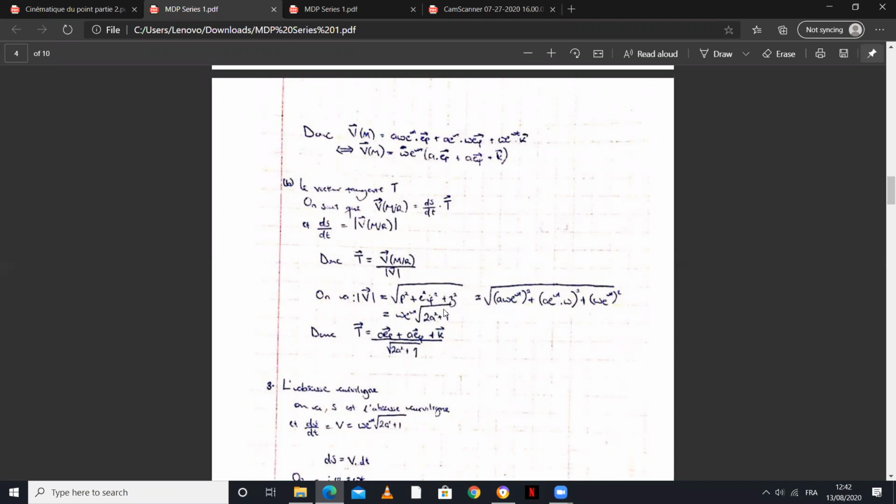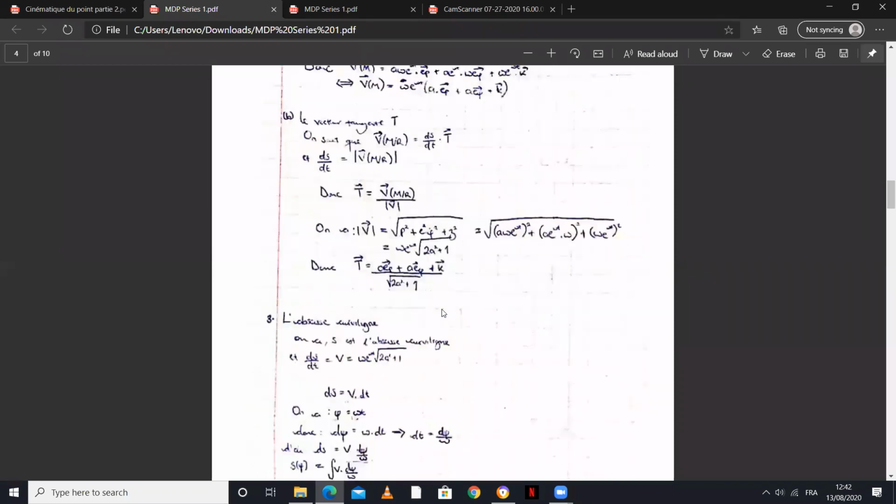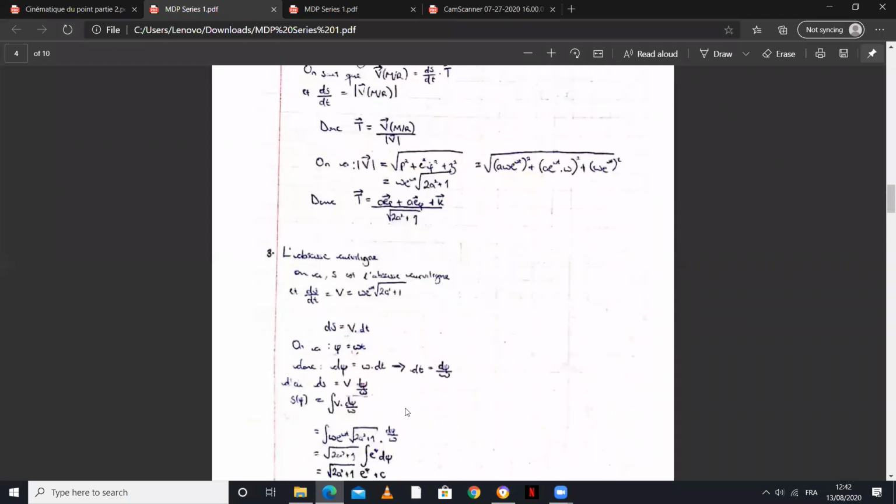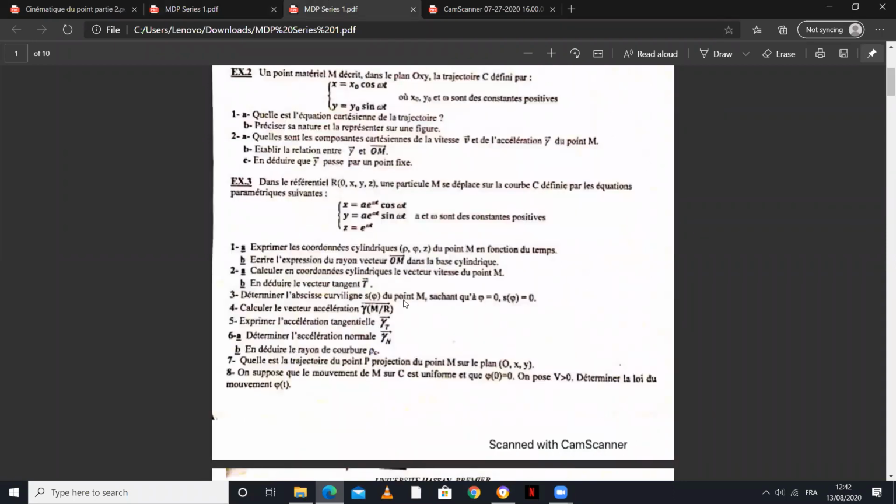Changement de variable. You'll be doing it a lot, especially in analyse. So we have phi equal to omega t. Can you just repeat what you were saying about changing the variable? Okay, so when you look at the question, they are saying déterminer l'abscisse curviligne s de phi,